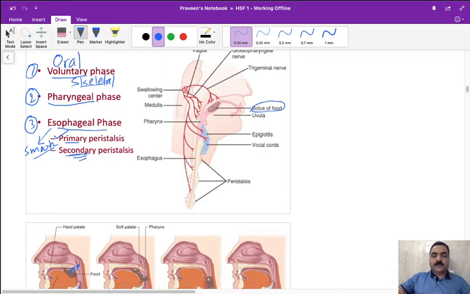If the food is a little bit dry or difficult to move down, then you need to initiate the secondary peristalsis. The basic point is the primary peristalsis. Only when the primary peristalsis reaches the last part of the esophagus, at the end of the esophagus you have what? The lower esophageal sphincter. The lower esophageal sphincter will open. So the secondary peristalsis is not the one that controls, it is the primary peristalsis. When it reaches the lower esophageal sphincter, it will open and allow the food to move down. So that's what happens.